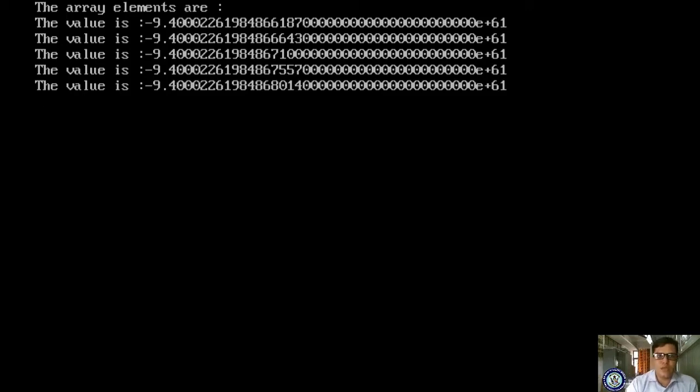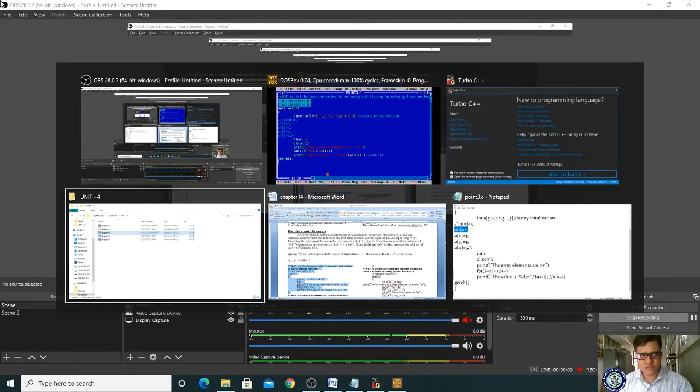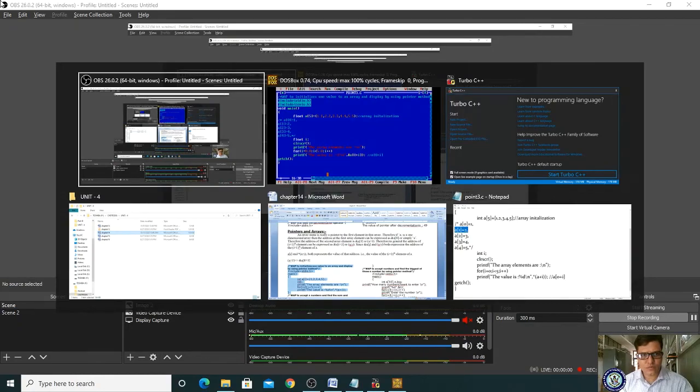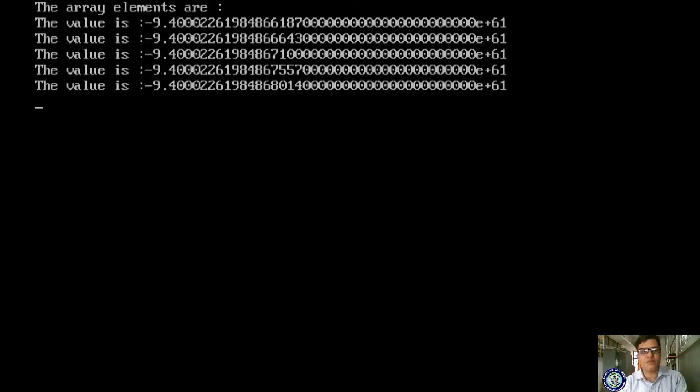Now you are seeing, yes, here we are seeing this, the address is right. So if you want to access the float, then you are supposed to give ampersand a of 0 plus I, then it will print the address of each element.